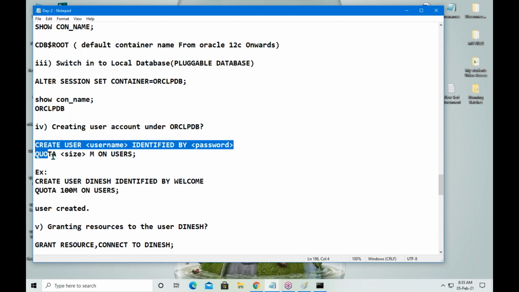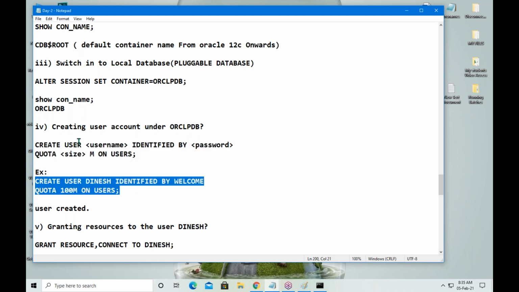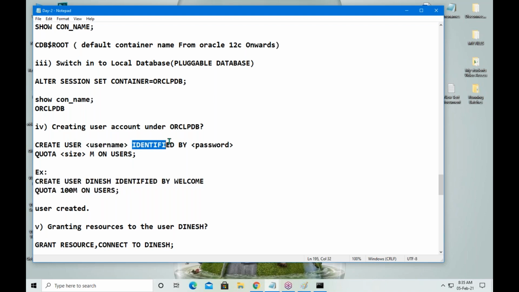This is the syntax and this is the example. Create user username identified by password, quota some size, M for MB, on users.